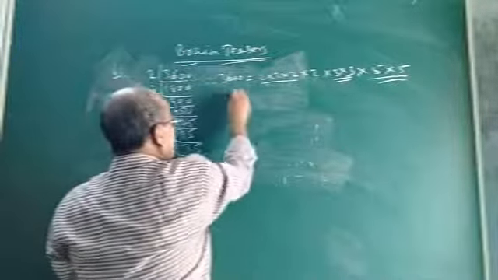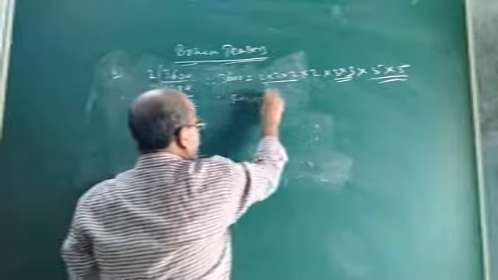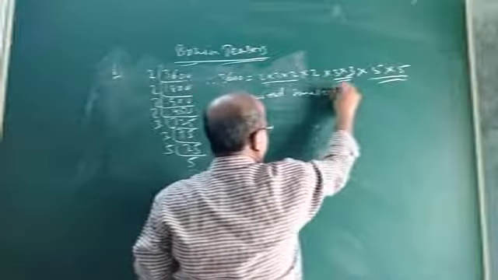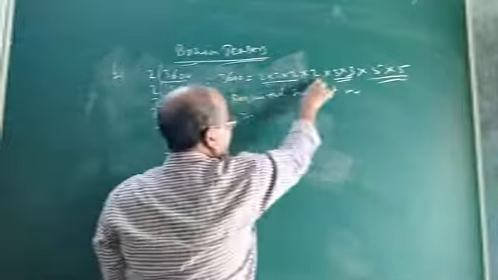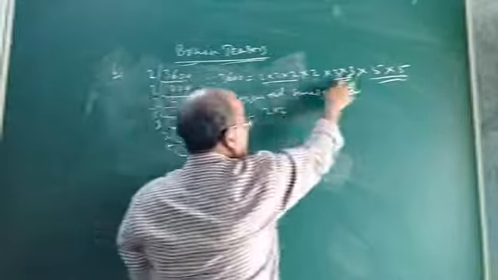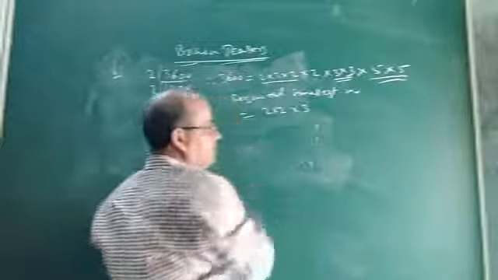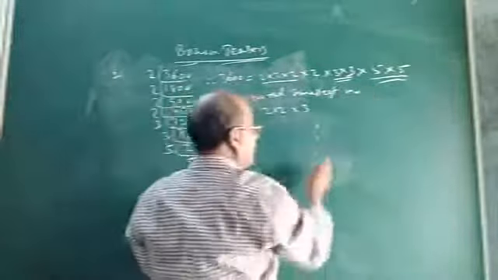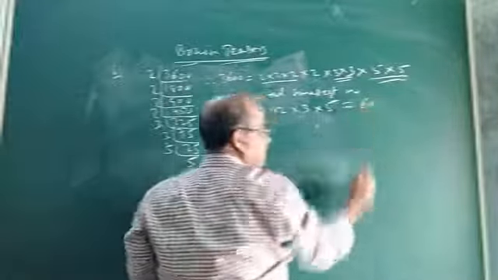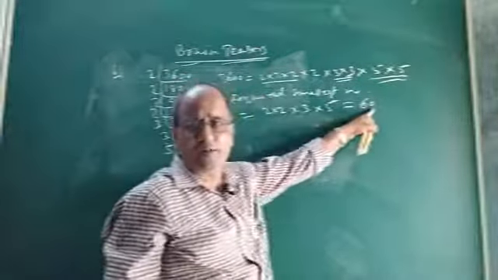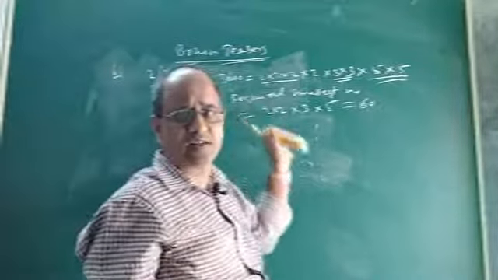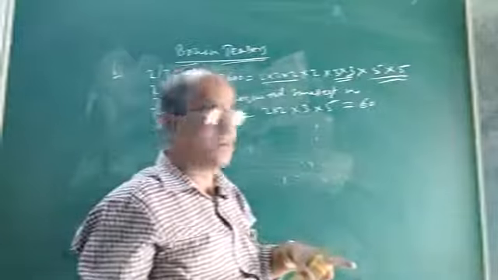Therefore, what will be the required smallest number? It is a shortage of how many 2s? 2 2s, so you multiply 2 2s. It is a shortage of how many 3s? 1 3, multiply 1 3. It is a shortage of how many 5s? 1 5, multiply 1 5. That means it will be 60. So the smallest number needed to be multiplied is 60. If 60 is multiplied to 3600, then the product will become a perfect cube.